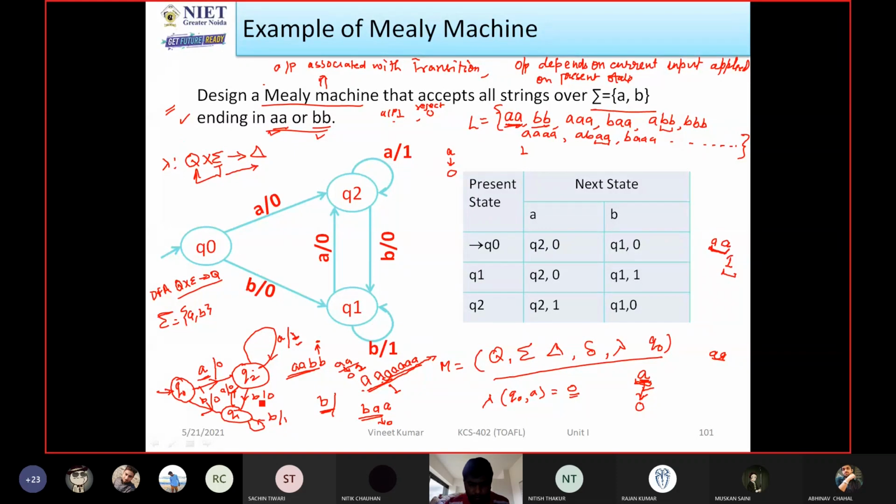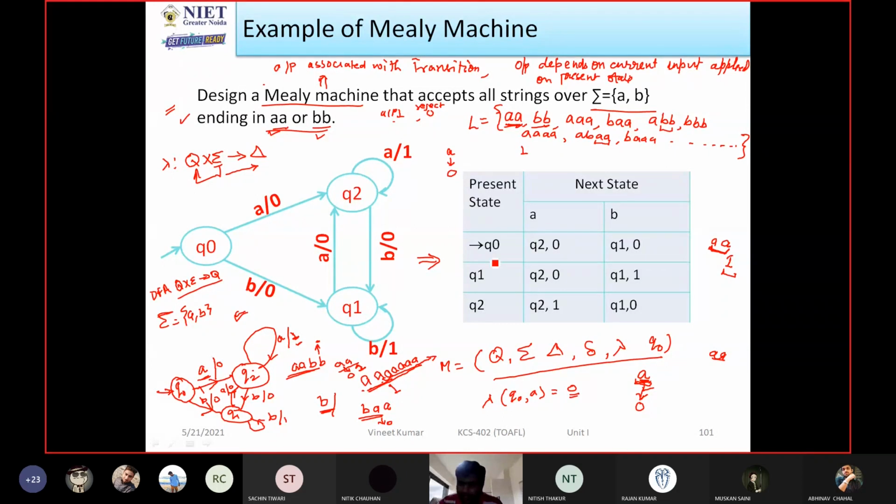See, all inputs are applied on each state. Similarly, we have seen the output corresponding to each transition, right? So this is a kind of machine. This machine is called the Mealy machine. Now construct the transition table corresponding to this. So in the Mealy machine transition table, as your output is associated with the transition, the same table as the DFA table is designed, but with that DFA table we have to include the output.